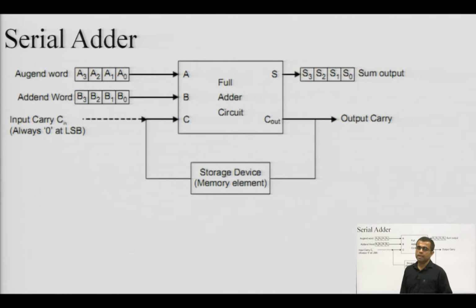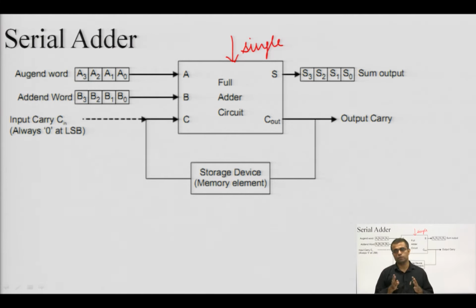In the serial adder there is a single full adder. We are not allowed to use multiple full adders. That means a single full adder has to do all the job. Definitely, all the 4 stage addition we have seen in the parallel adder case needs 4 full adders. So, to perform 4 stage additions we need 4 full adders, but if we are asked to perform this with the help of a single full adder, then it has to perform this kind of addition 4 times,